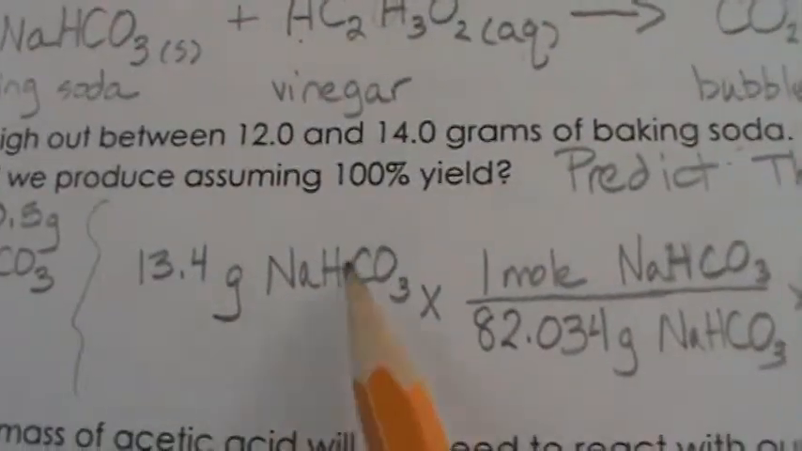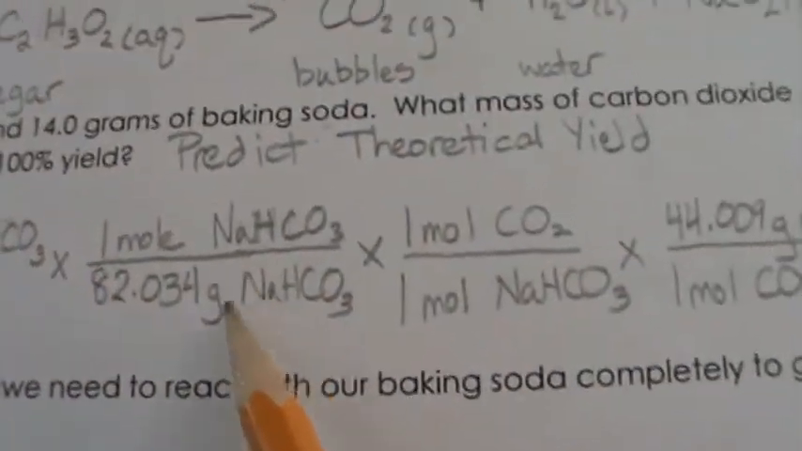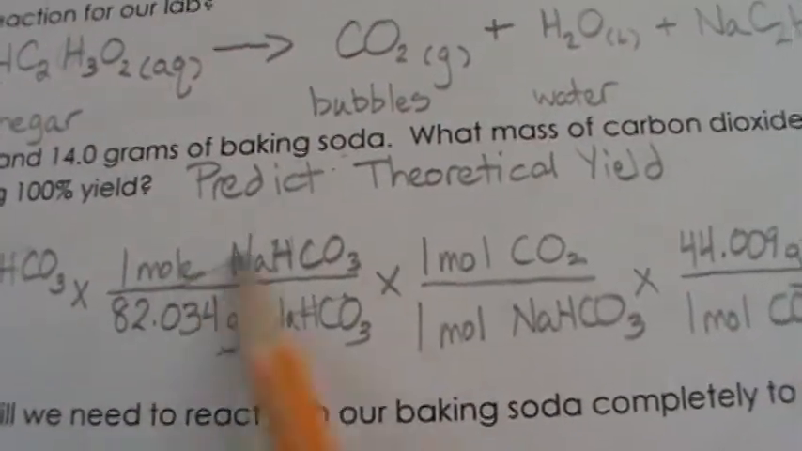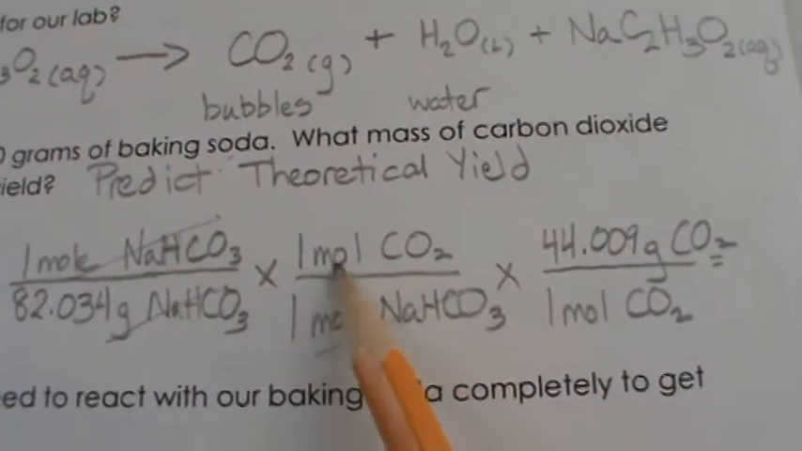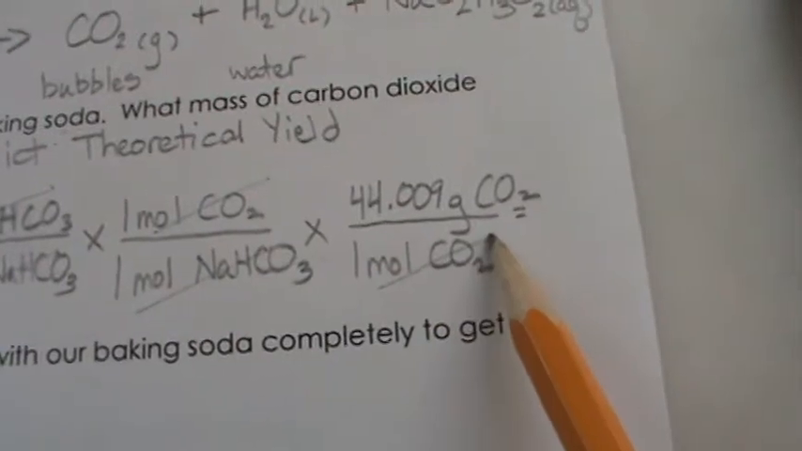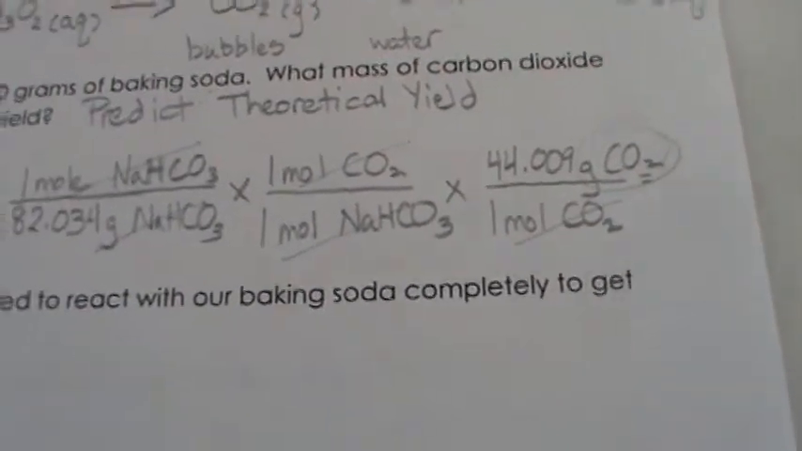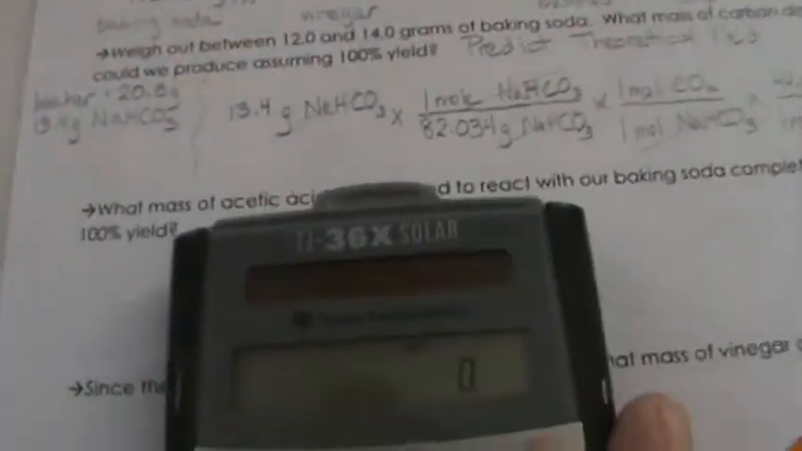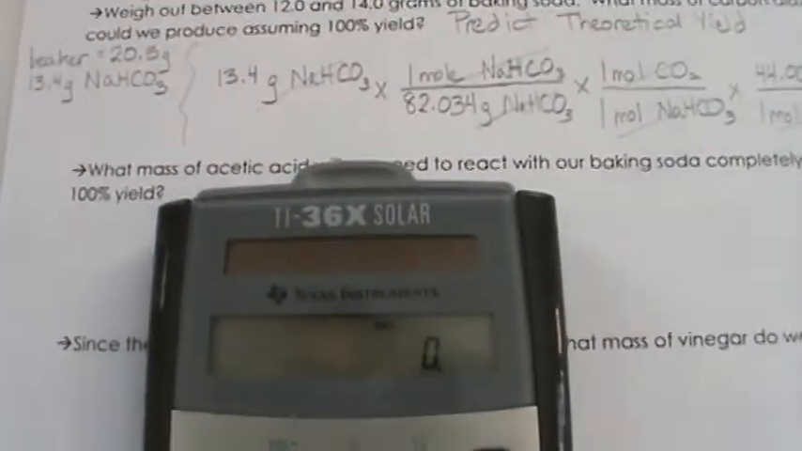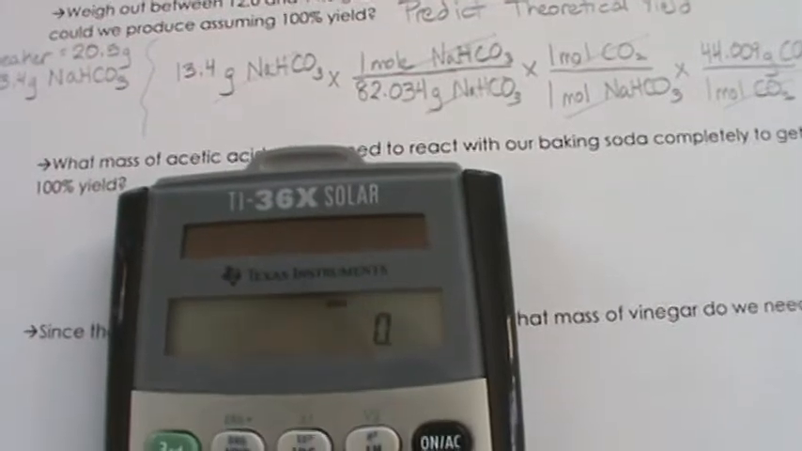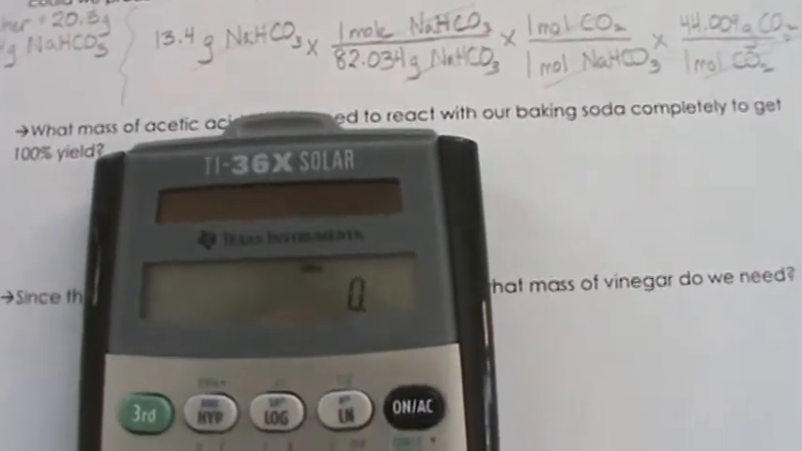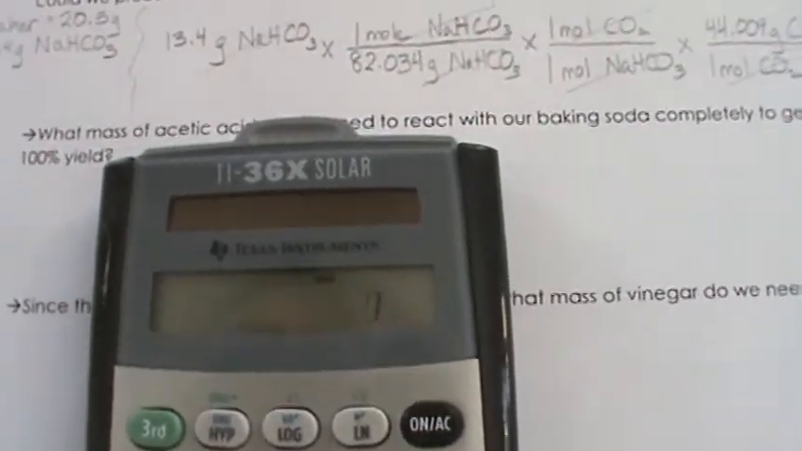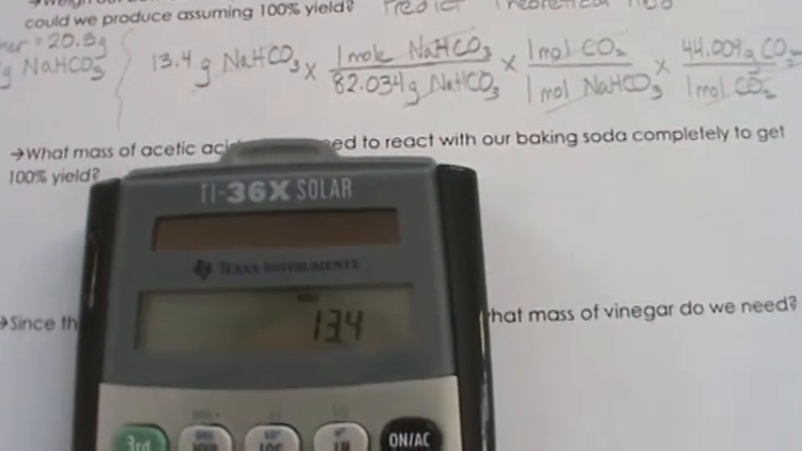And now you can see, okay, I can cancel grams sodium bicarb with sodium bicarb, moles sodium bicarb with moles sodium bicarb, moles CO2 with moles CO2, and I'm left with grams of CO2. So this means now that, all right, I'm trying to see around my hand here. Okay, so I have 13.4